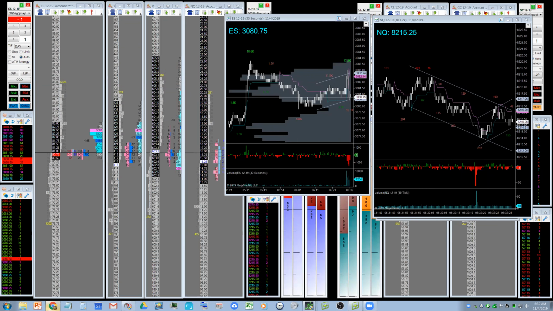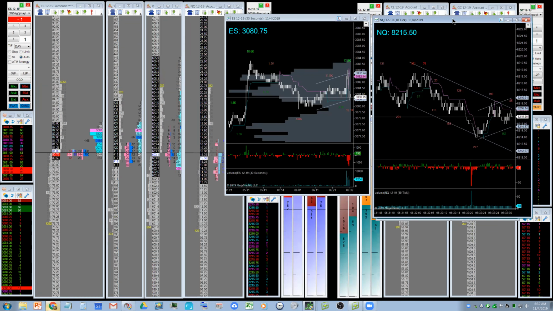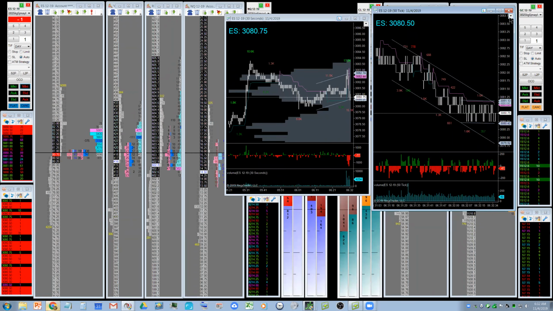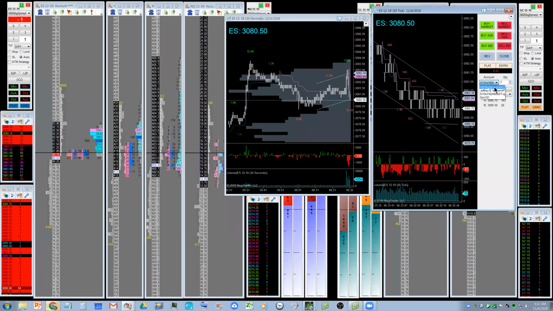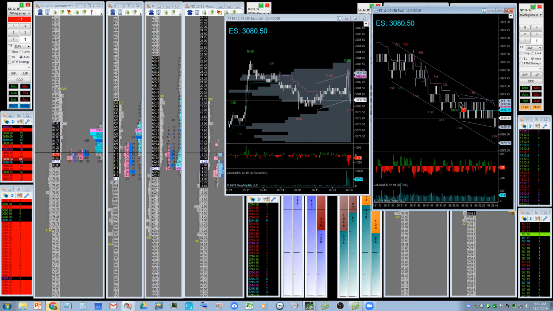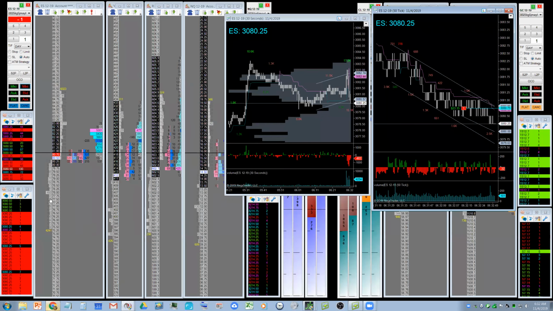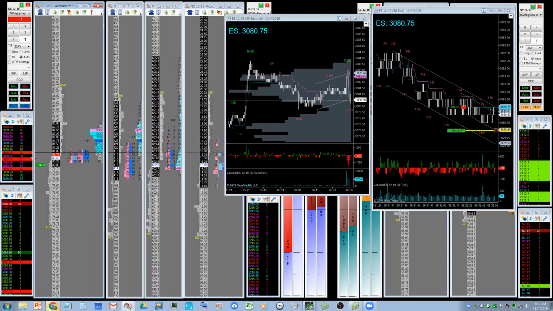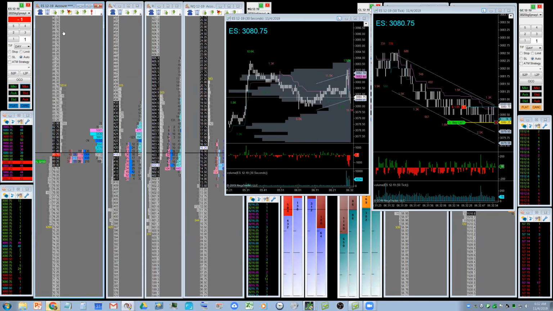And just for the purposes of this trade, let's just make this all ES. So we won't watch the NASDAQ. We'll just watch this. Give me a second to set this on the right account. Okay, so that's the P&L for that little trade right there. So it's starting to work. I'm expecting to see some buyers down here though. So let's just scalp out of it again, just for demonstration purposes, if we even can.